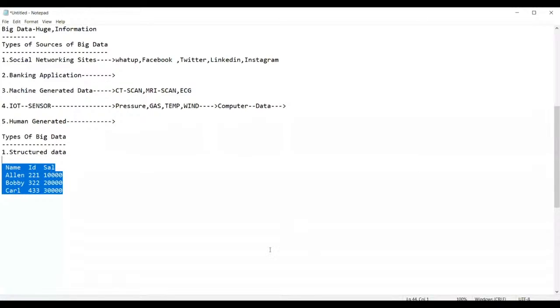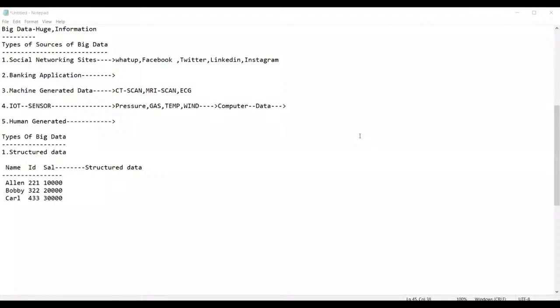Can you see here, guys? This is the data, and in which format is this data? It is in the proper format of rows and columns or not? These are the rows and these are the columns. Am I right, guys, everyone? Yes, these are the rows and these are the columns. This kind of data is proper data, hence it is called structured data. The data which is placed in the proper form of rows and columns is called structured data. Am I right, everyone?